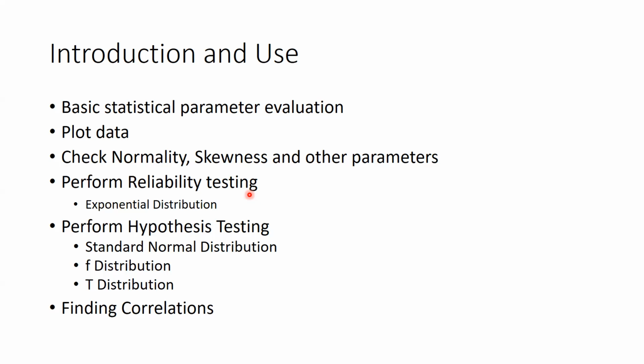We can also do some correlation study. So if parameter 1 is dependent on parameter 2 or not, and if it is dependent, whether it is positively dependent or negatively dependent, and the extent to which it is dependent. So we can also do this. And these are only a small list of things that we can do on JASP. There are so many different things like ANOVA testing and others.